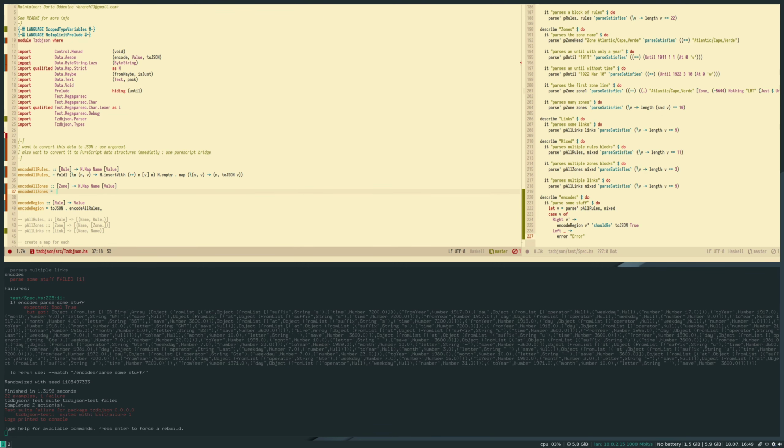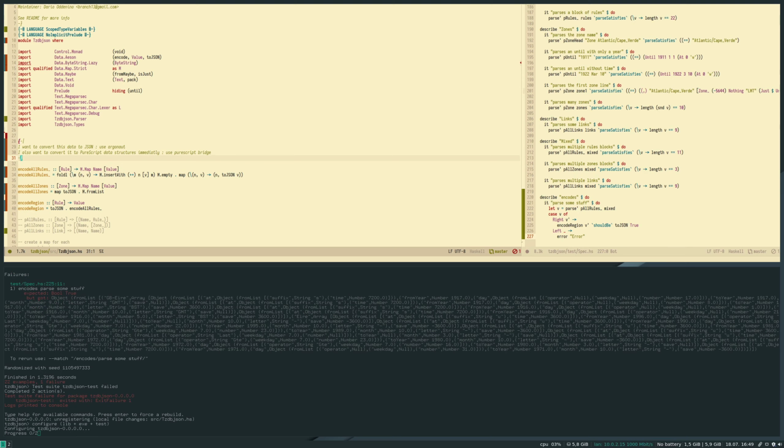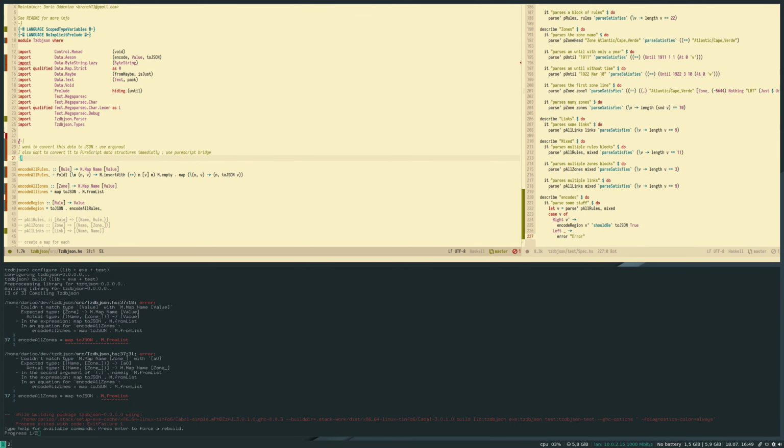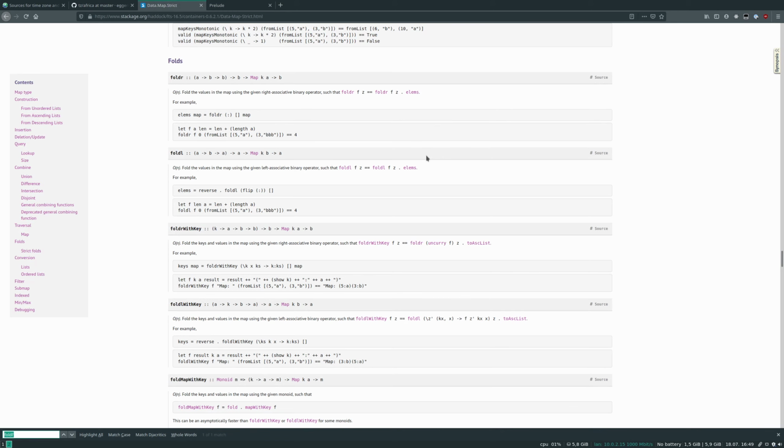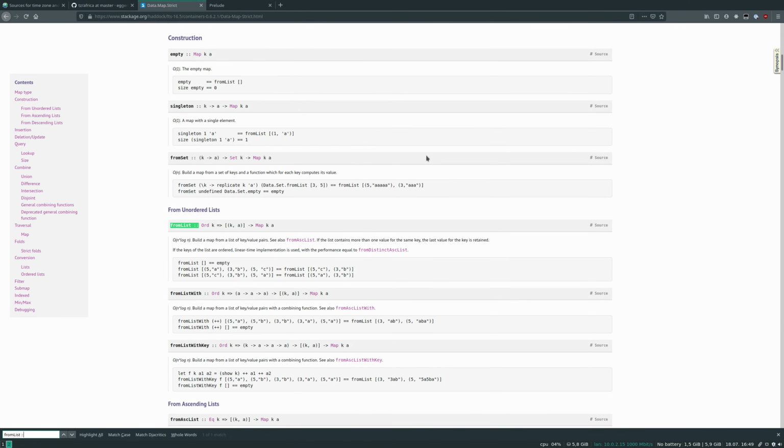So this one is gonna be like from list map to JSON.m from list. From list, yeah, takes this.